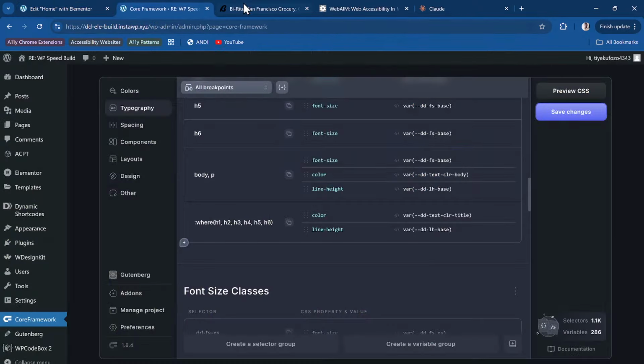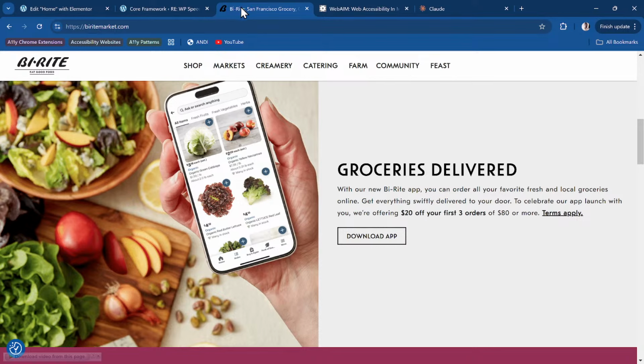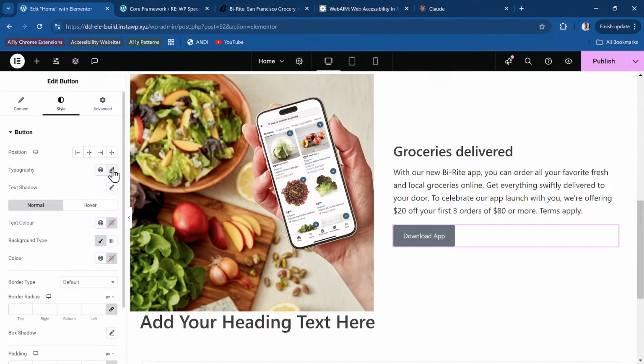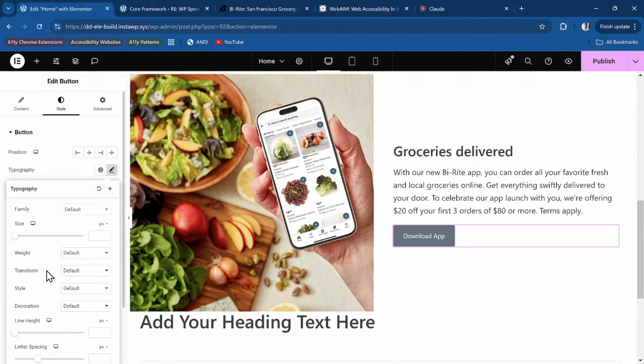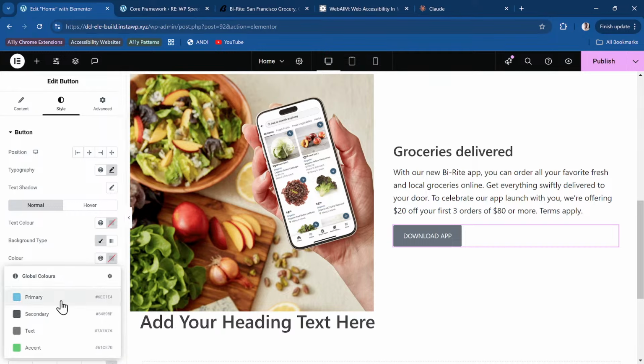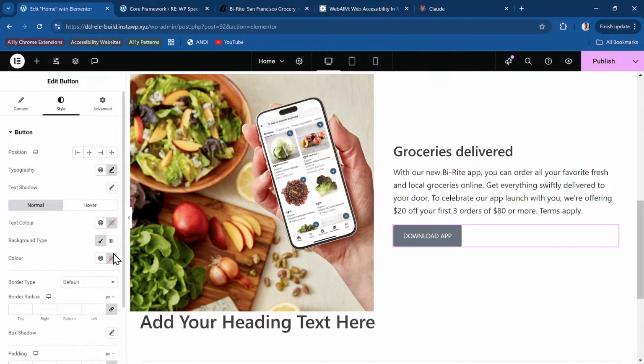Ideally, I hope Elementor will come up with their global classes, so we don't need to be doing that every time. But yeah, download app. I'll give it typography, text transform to be uppercase, then the background color. Usually you set some global colors, but I have